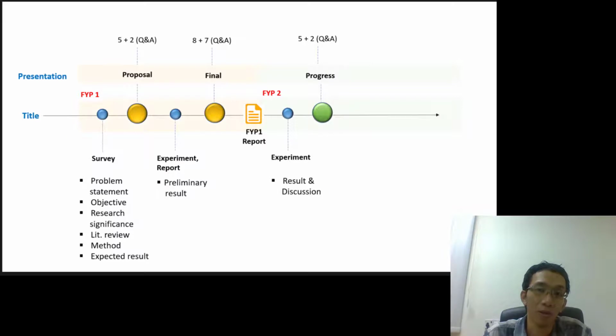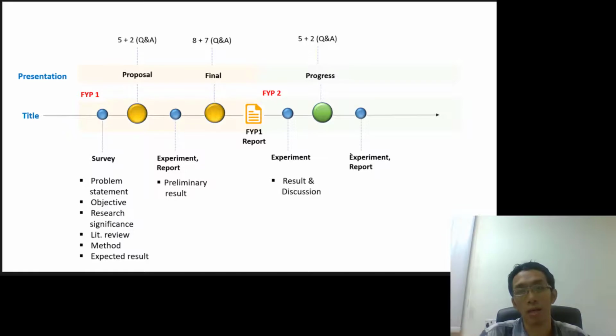After you're done with the progress presentation, you usually receive a feedback from the examiner. Your examiner might suggest you to add something or to remove something from your research project. After you receive this feedback, you have to meet your supervisor and try to discuss how you can cater this. Once your supervisor gives you his or her comment based on the reviewer or the examiner feedback, you will have to continue your experiment in the lab. Maybe you have to add some experiment, or maybe you need to cut some experiment depending on the time limit that you have before the end of the semester.